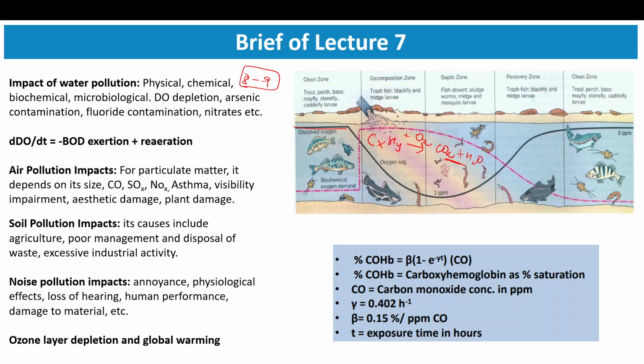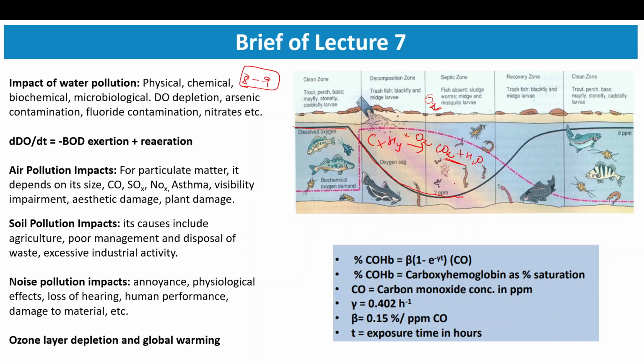This BOD will reduce, but at the same time, due to the oxygen present in the atmosphere, there will be re-aeration also. So there will be a balance after some time. This sag curve is observed, and it is known as the oxygen sag curve, which is caused due to the entrance of organic pollutants in the